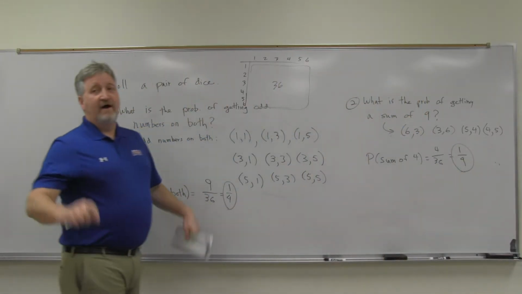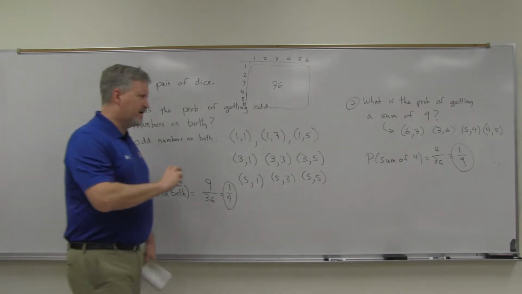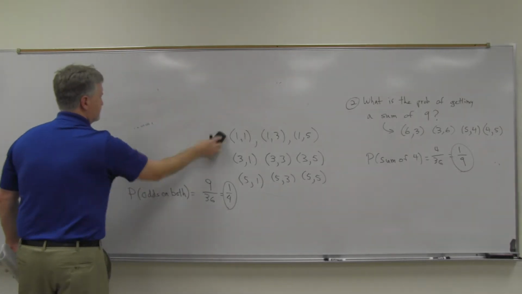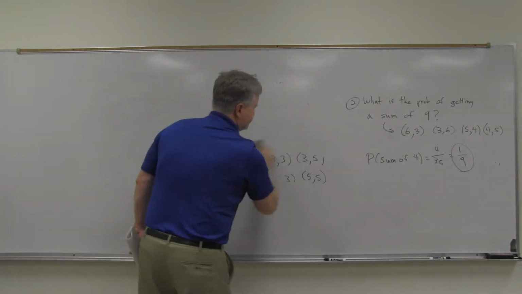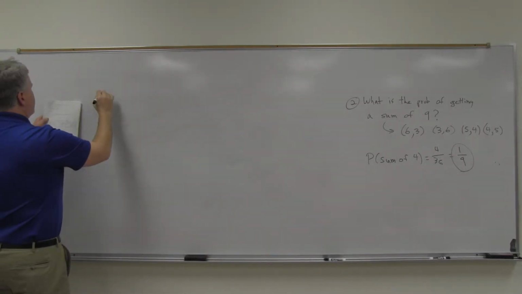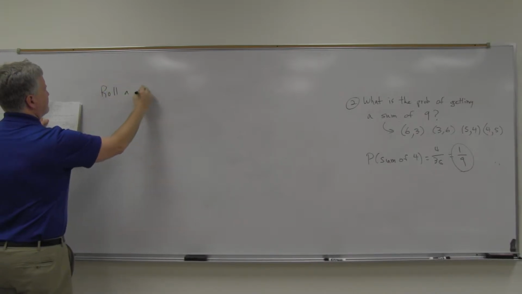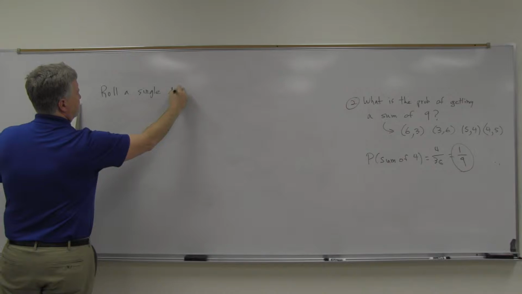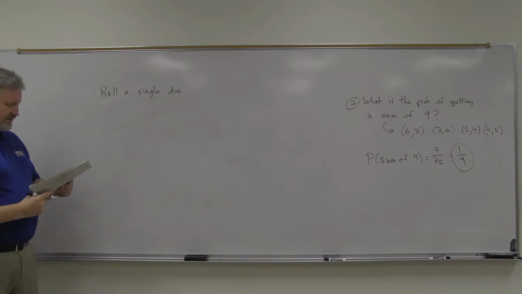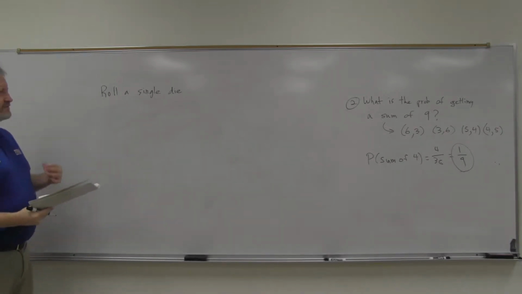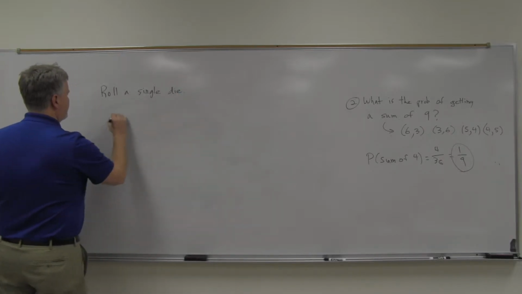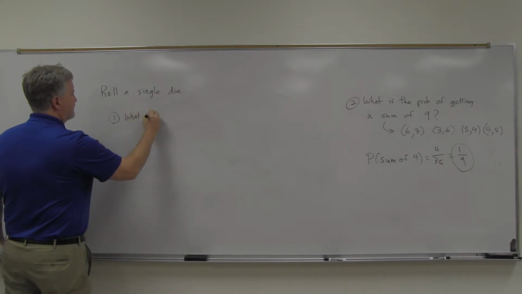All right? Now, let's talk about something else. Let's say we roll a single die. So just one of the cubes, if you will. Roll a single die. And we could get some regular probabilities, but let's talk about some special cases here, all right? So, number one, what is the probability